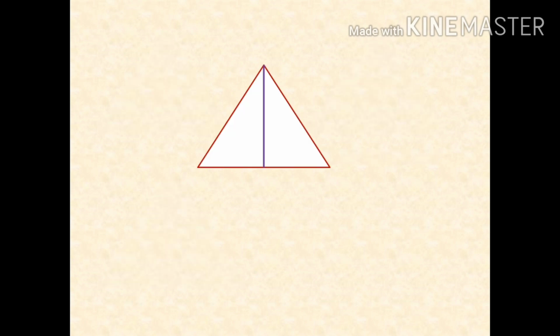This is the same image that we have seen before. If you want to apply this trick, the first thing we have to do is see the base. Then we have to note how many triangles are there in the base. In this base we have 2 triangles. So number it as 1 and 2. So the first step is now over. Second, you have to add 1 and 2. That is, we have to do 1 plus 2. So if we do 1 plus 2, we will get 3. So the number of triangles in this image is 3.